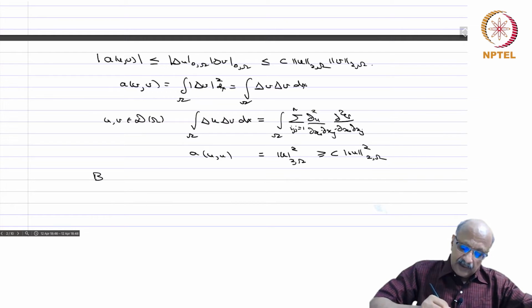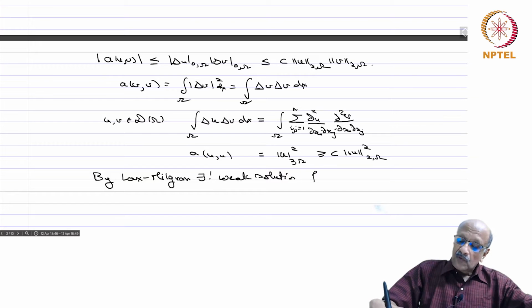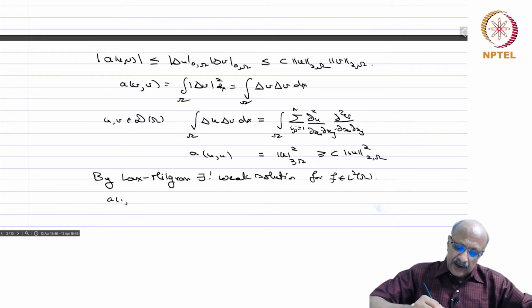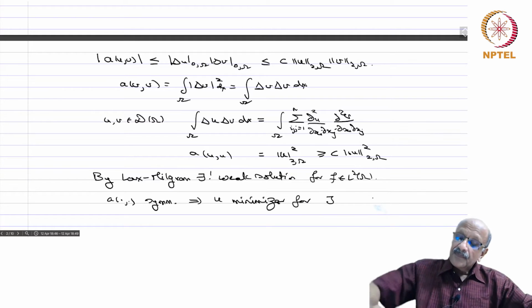Therefore by Lax-Milgram, there exists a unique weak solution for f in L2(omega), and A is symmetric, which implies u is the minimizer for J,